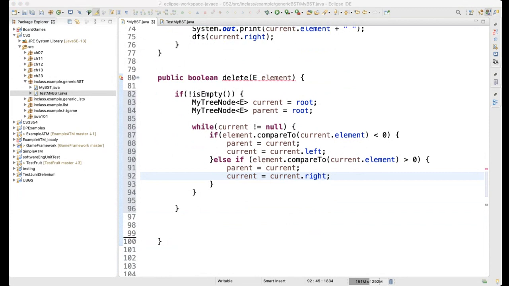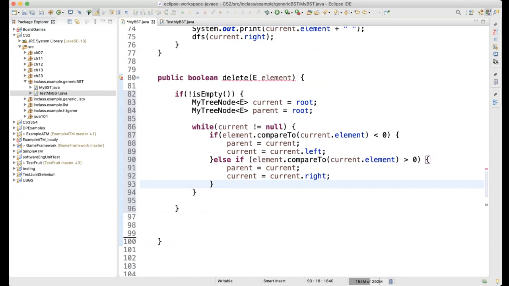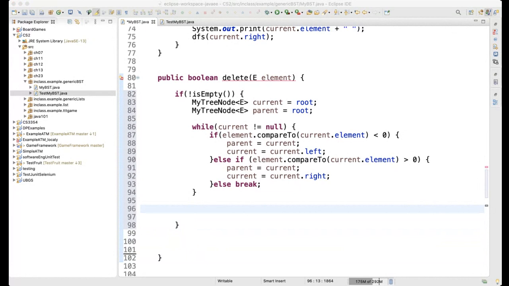node. So now, if it's none of those, then we find it, right? So if it's else, then we're going to basically break. So when we break, we're going to get out of this while loop that we have here, and we're coming right here. And here, that means